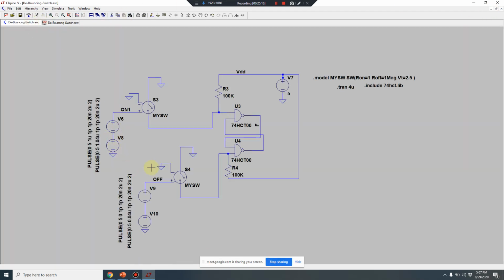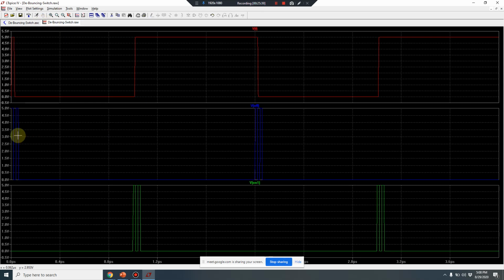One is giving one pulse, and for the other one, if you see the delay, I have set the delay as 1 micro. For the second pulse source I have set 1.04 micro. There is no delay at all in this place, and here it is 0.04. So if you go to the properties of these switches, how did I generate these pulses?